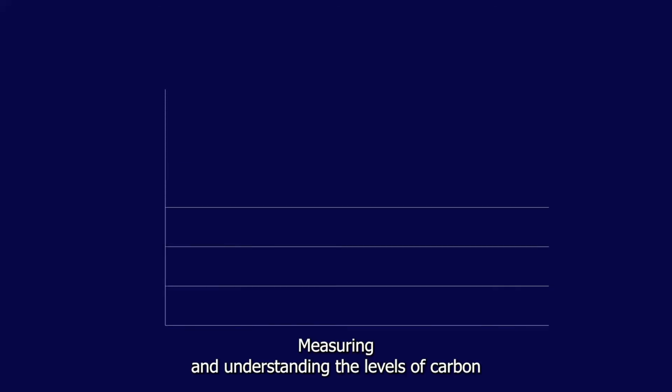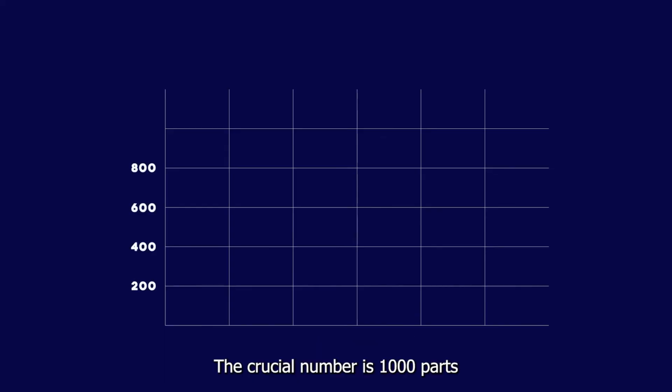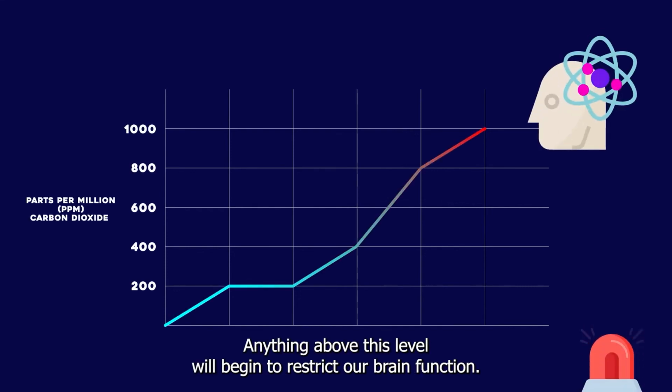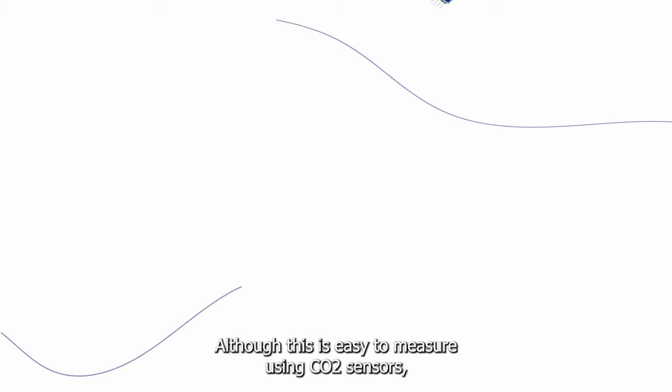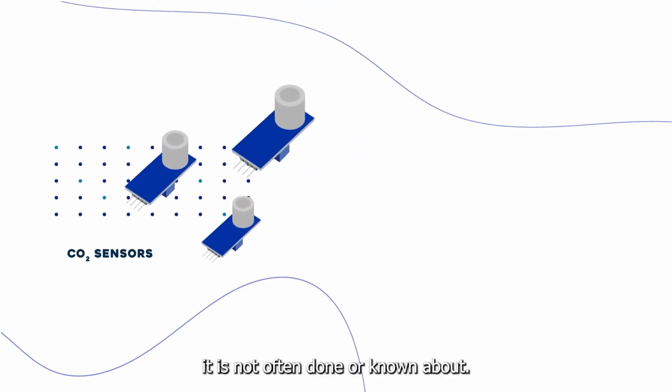Measuring and understanding the levels of carbon dioxide that we are inhaling is therefore important. The crucial number is 1000 parts per million of carbon dioxide, as anything above this level will begin to restrict our brain function. Although this is easy to measure using CO2 sensors, it is not often done or known about,